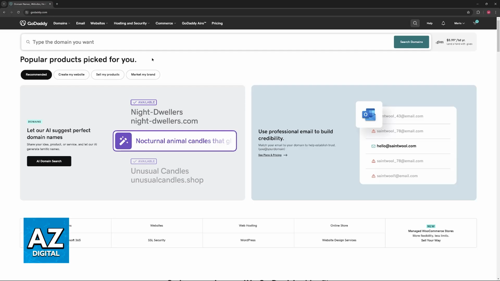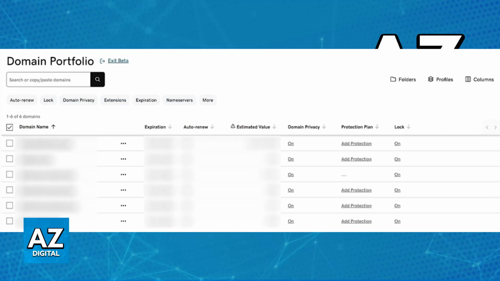All that you have to do is sign into your account on the GoDaddy.com website, and in here go over to your products. When you visit your products, you will be able to browse through all of the domains and websites currently attributed to your GoDaddy account. All that you have to do here, I recommend, is that you go over to your domain portfolio and you will have a comprehensive list of all the domains that you have. In there, click on the specific one that you would like to manage.